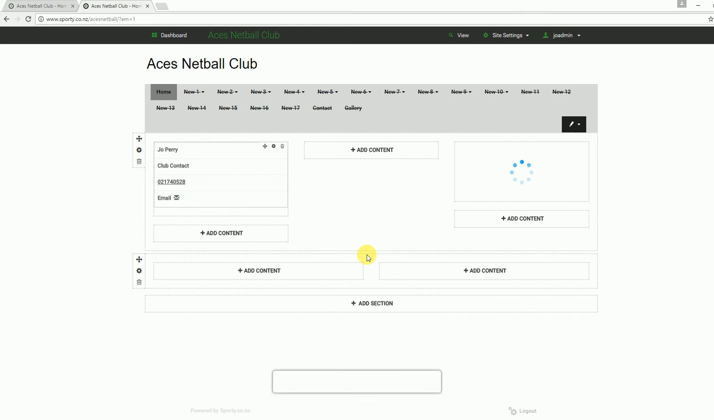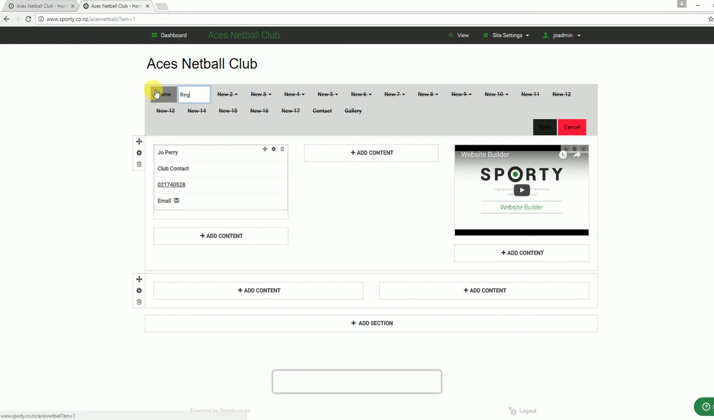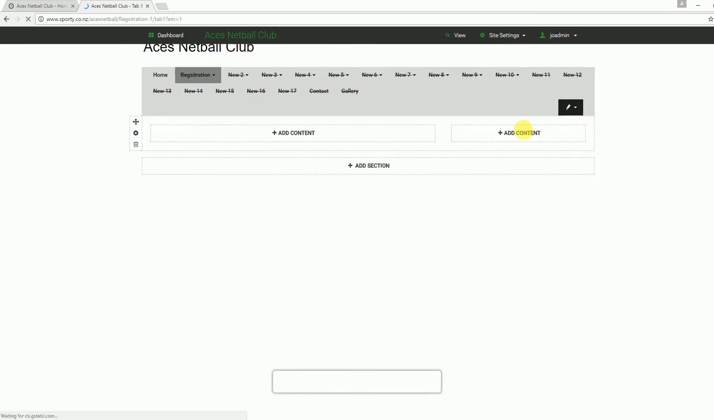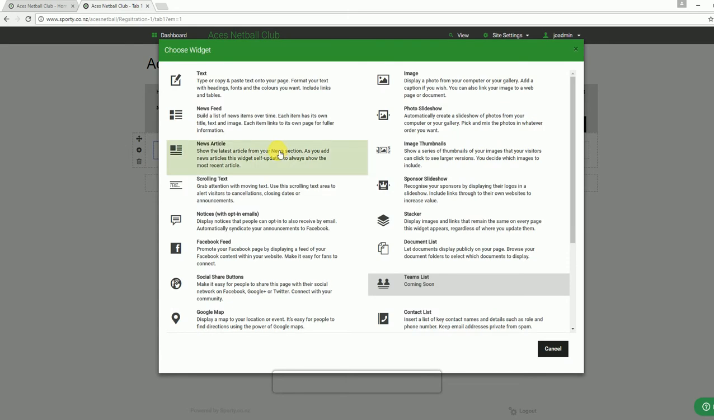So the first step is to display your registration form so your players can register themselves. You could also enter the players' details as the administrator, and I'll show you how to do that next. So in my site here, to display the registration form, I click on one of my spare pages. I'm going to unhide it, rename it, just going to call it registration, click save. Then to display my form, I click add content, and one of the different types of content